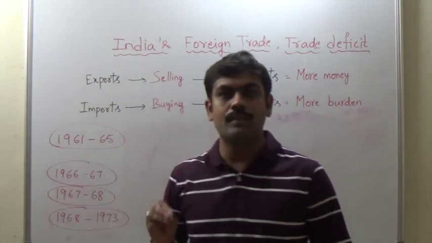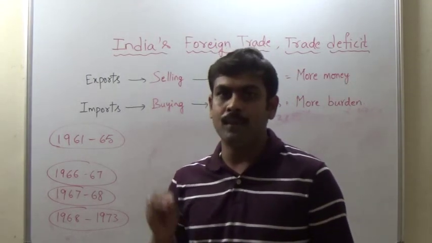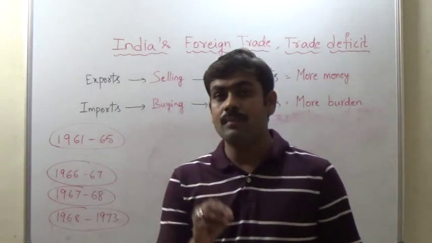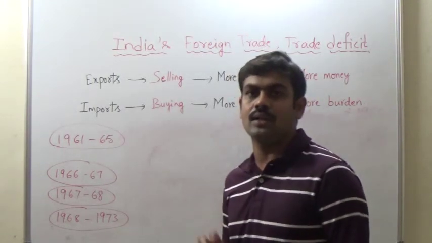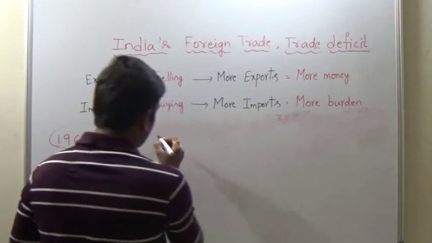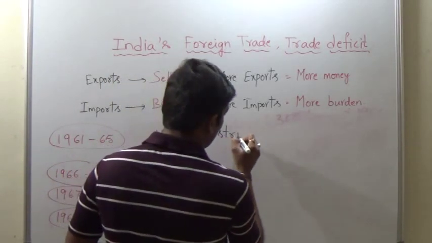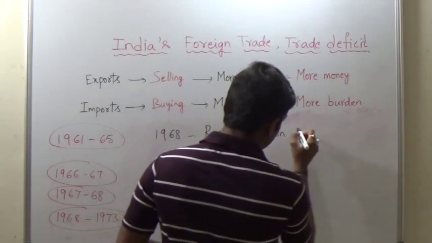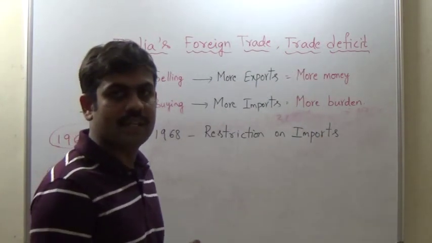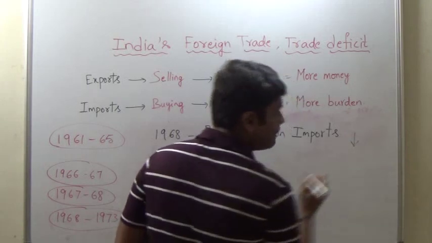The government of India thought that the liberalization was enough for now and we imported what we need, so let us postpone the liberalization policy. The government of India started imposing restrictions on the imports from almost 1968 onwards. From 1968 onwards, restriction on imports. With this, since the liberalization of imports was restricted, imports came down a little bit,